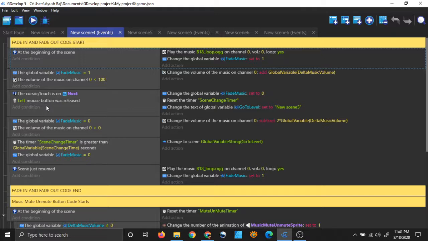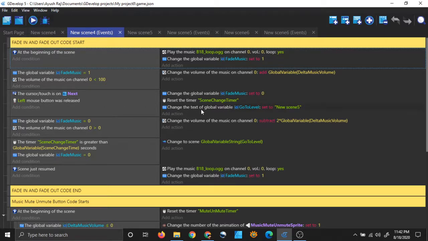Now, when the scene changing code is running here, then you can see in the action, I have changed the text of global variable go to level to new scene 5, right? Here you will say when you will change the scene, when do you want to change the scene.